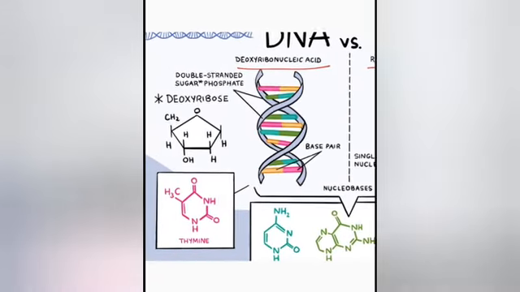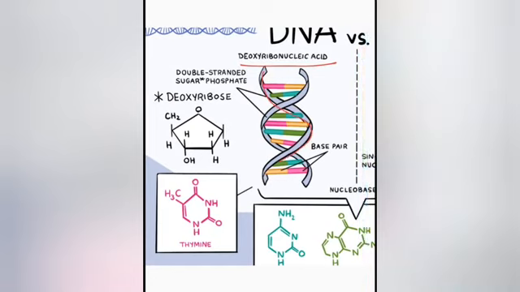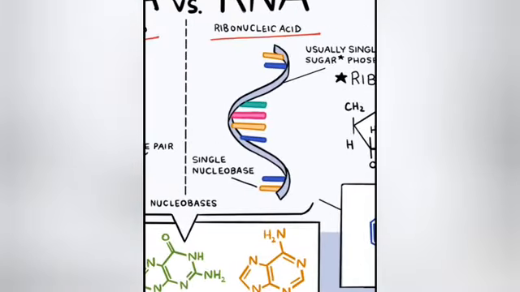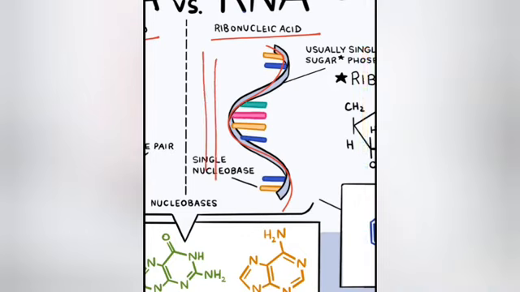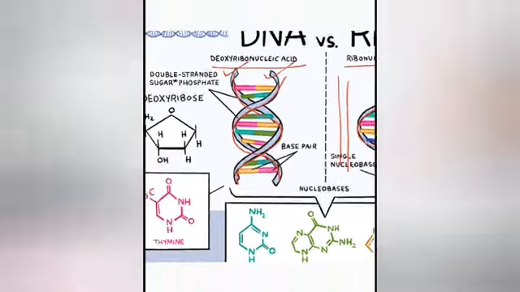Here you can see that in DNA it is a double stranded structure. It is forming a helical structure. It has two strands and these two strands form a helical structure. But in case of RNA you can see there is only one strand and no second strand is there to form a helix, even if sometimes in rare cases a second strand of RNA may be there, but they do not form a helix, they just run side by side parallelly like that, or they might run like this. But they do not form a helix like this.